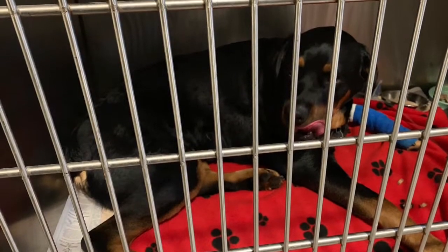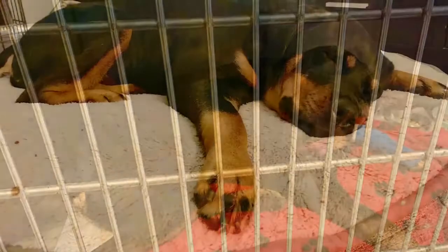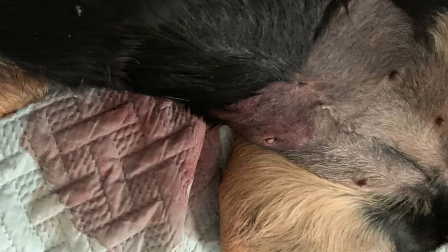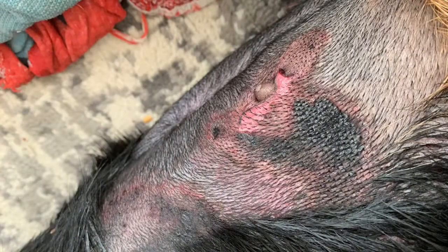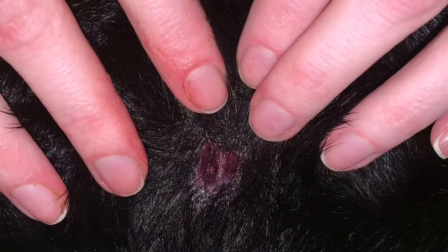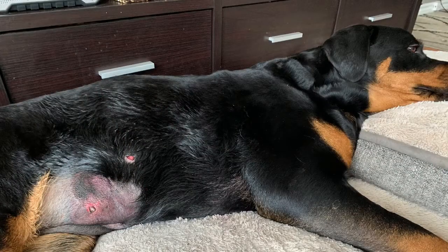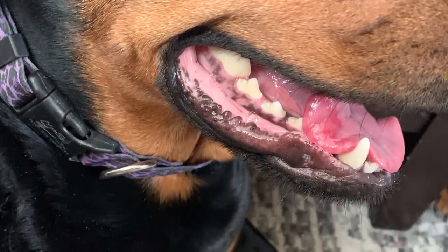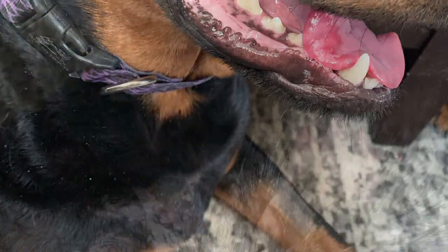On January 10th of 2020, at 21 months, we brought Lily in for her spay surgery. About 10 days later, we noticed redness on her lower abdomen, which then quickly developed into necrosis. She also started to develop holes in her skin. We were told they were opening up to let the infection out. The infection actually became so severe that she developed sepsis, and without the skilled emergency veterinary care she received, we